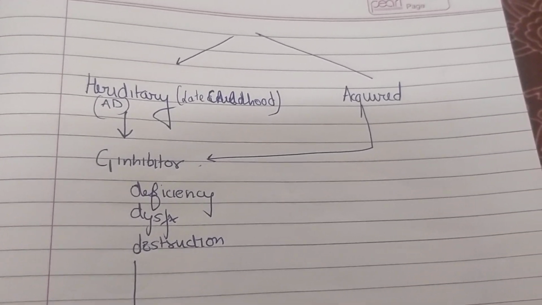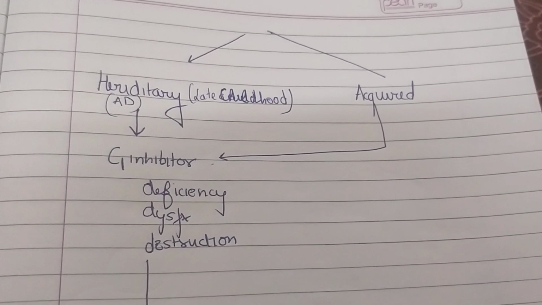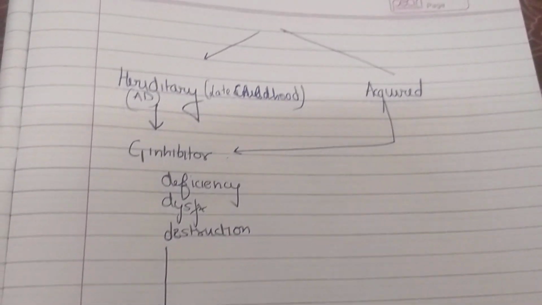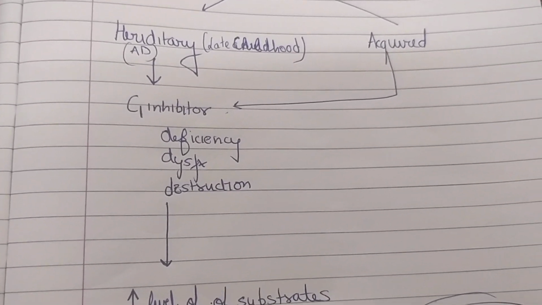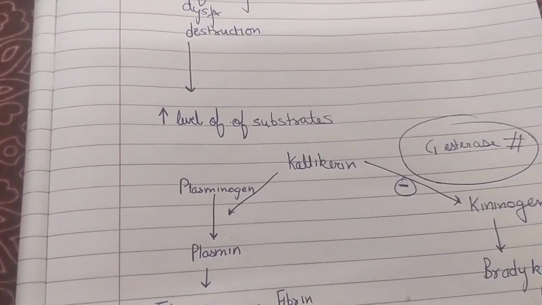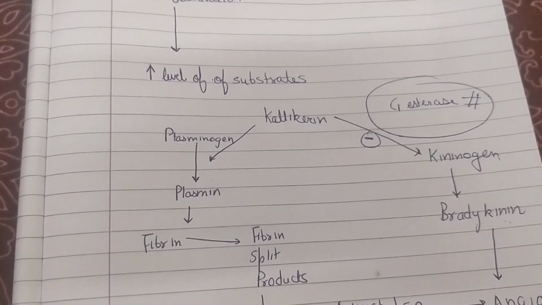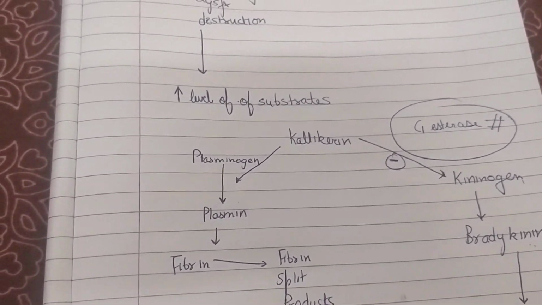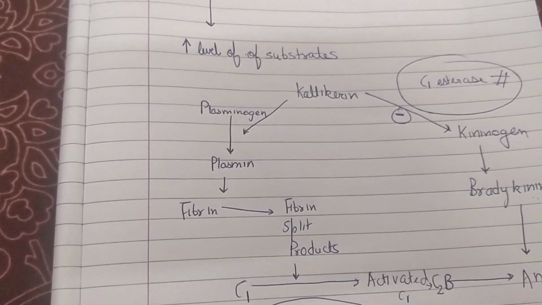So, in both these conditions, there is some kind of defect in C1 inhibitor, either deficiency, dysfunction, or destruction. Which leads to increase in level of substrates, which leads to angioedema. The normal pathway is like there is a substrate known as kallikrein. Kallikrein converts kininogen to bradykinin. And kallikrein also leads to plasminogen to plasmin, fibrin to fibrin split products, and C1 to activated C1, which leads